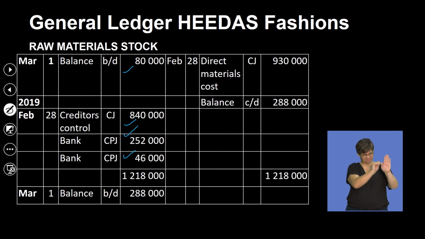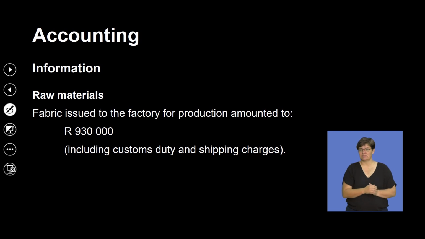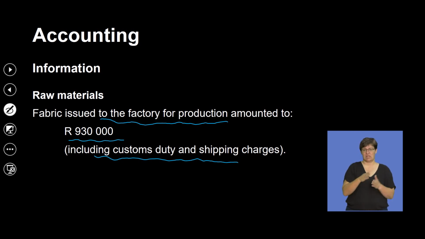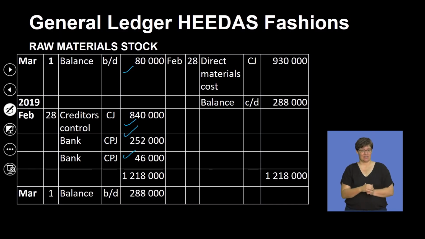What else do I know? I am told that fabric issued to the factory for production amounted to 930,000, including the customs duty and shipping charges. Now, what figure am I given? Remember, I alluded to this in the previous segment, and I said, watch out, you're going to see this here, and this is where it now appears. As you can see, you do not know the value of your material left over at the end of the financial year. But what you do know is that the materials that were used in the production process amounted to